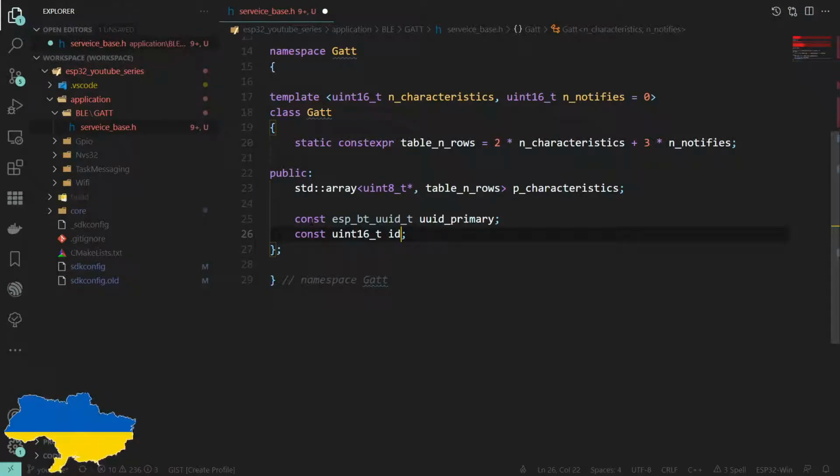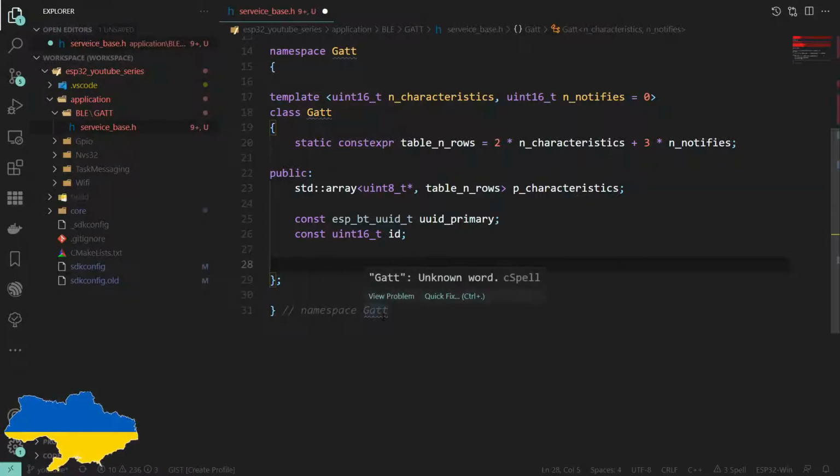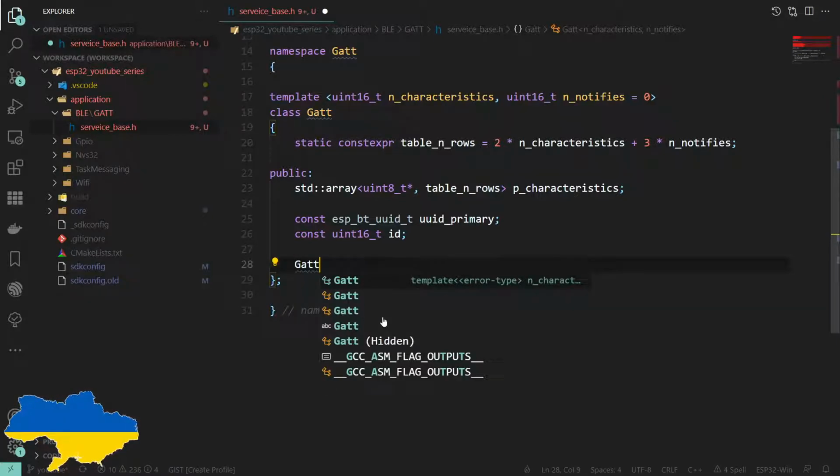So we'll just call that ID, and that happens to be a uint16 in the API, so we'll keep that constant. Now, as these are both const, we must initialize them. We can't do inline initialization because we don't know what these are until the constructor is called, so therefore we must initialize them in the constructor.